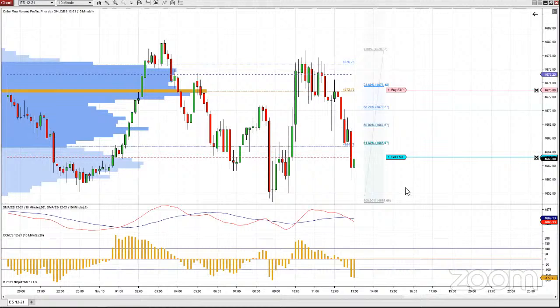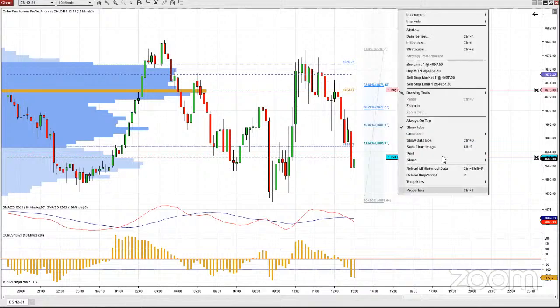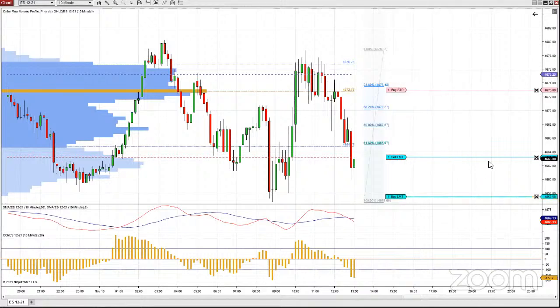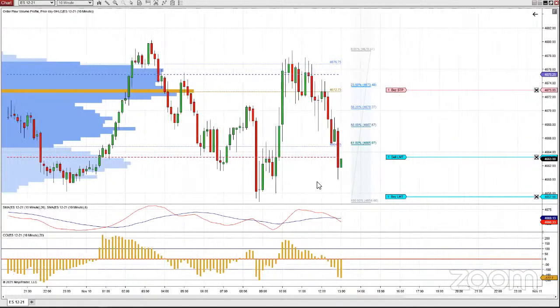And then let's say I wanted to put my target. I want to see if we could approach the lows of the day, right? So my target is here, and this is only a 5 handle. One might say that this risk-reward ratio is out of whack, and I would say it's only out of whack if your profit target and your stop aren't scientifically set at the right places.